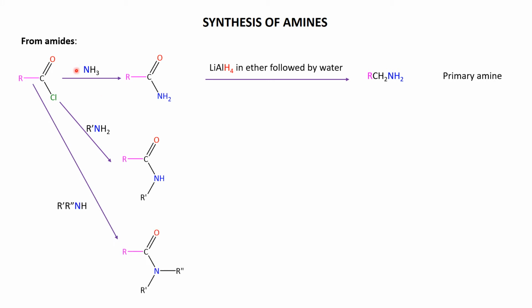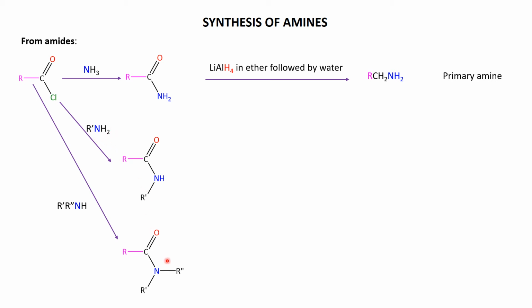Or I can react my acid chloride with a secondary amine. So R prime, R double prime NH. Again, lose the H, lose the Cl, and I now have a tertiary amide, the nitrogen with those two R groups on it. Now, whichever type of amide I have, primary from ammonia, secondary from reaction with the primary amine,